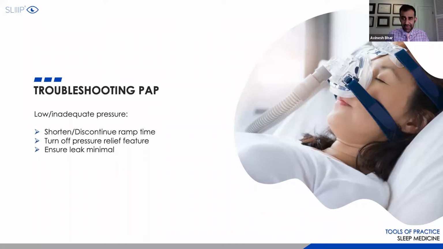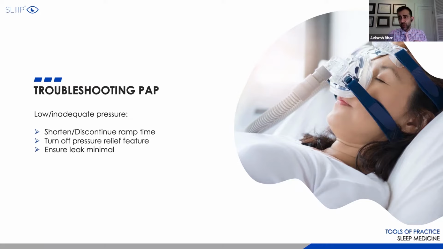The right thing is to find out when they say, are you waking up feeling like you're choking? Yes. Or you're feeling smothered? Yes. Or you're feeling like the pressure is not enough. At that point, you might want to switch off the EPR feature. Or you also want to check to see whether you set the pressure range too narrow.